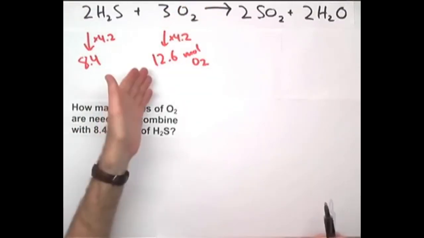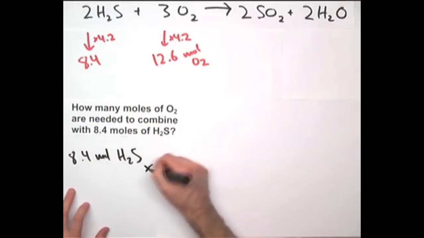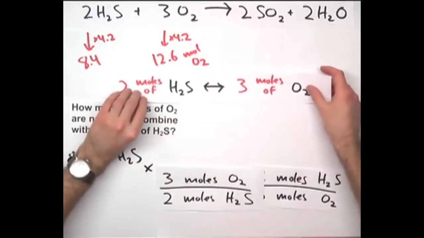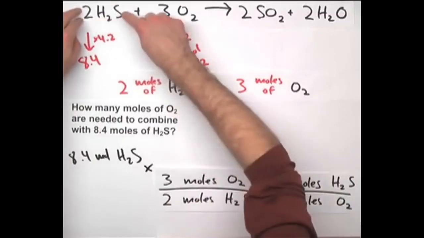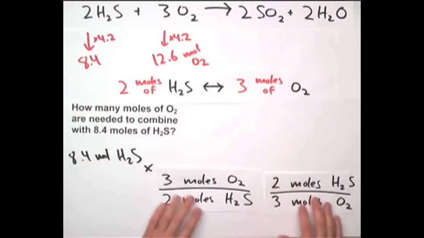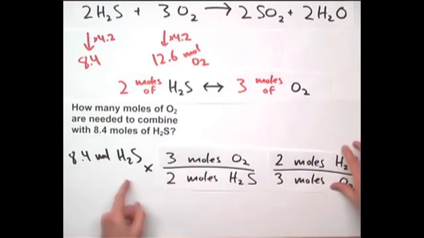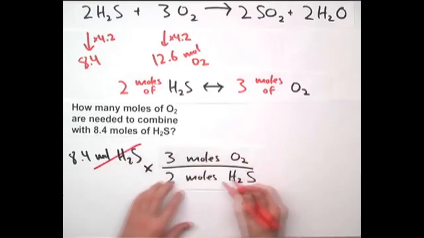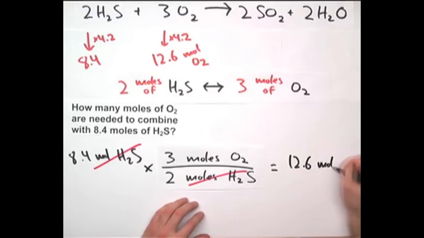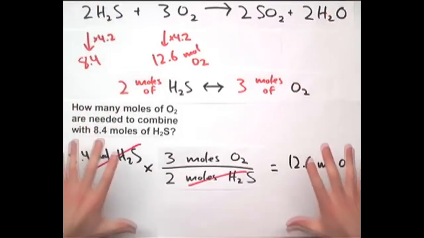All right, let's see how we can do this using conversion factors. We'll start with 8.4 moles of H2S and multiply that by one of these two conversion factors. These conversion factors are just telling us the relationship that we have here of 2 moles of H2S to 3 moles of O2. And I can use this relationship to make these two conversion factors. Which one do I want to use? I want to use the one that has H2S on the bottom so that it cancels out. So I choose this one. Cancels out, and this is going to give me, what a shocker, 12.6 moles of O2. Why moles of O2? Because it's the unit that's left here. Okay, that's how we can do it, treating it like a recipe. Here's how we can do it using the